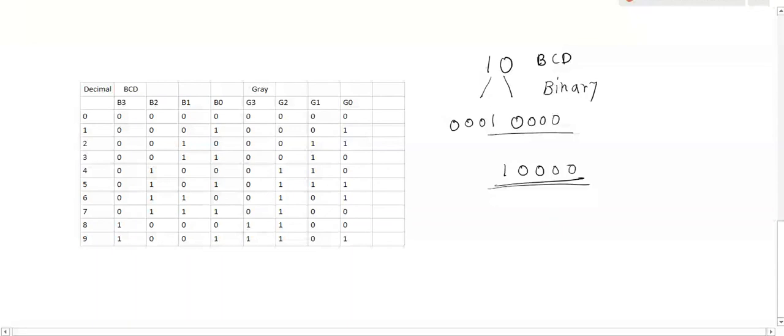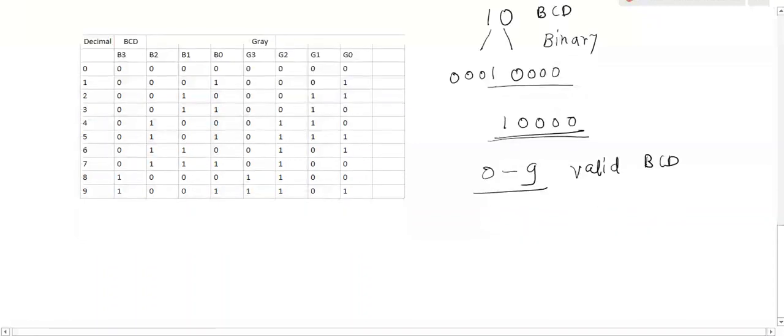But here I am going to consider only 4 digits, so only the valid BCD values 0 to 9. For the decimal values 0 to 9, the binary representation 0000 to 1001 I have taken here into the table.